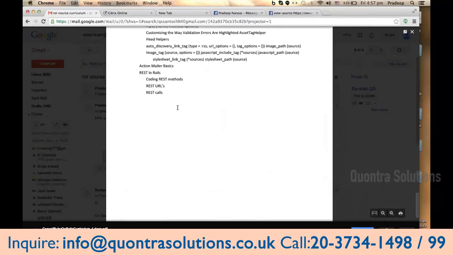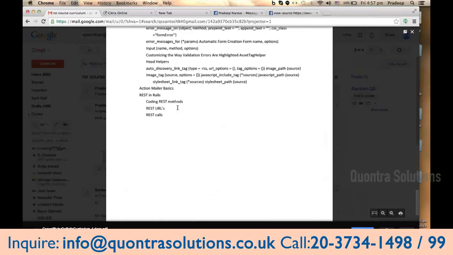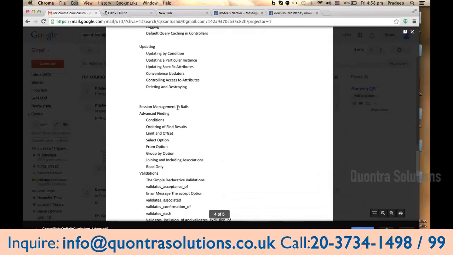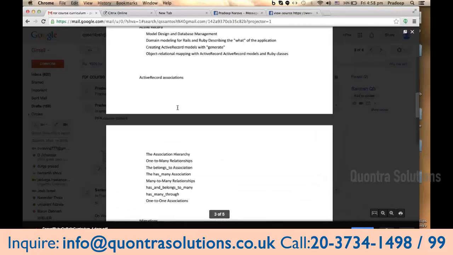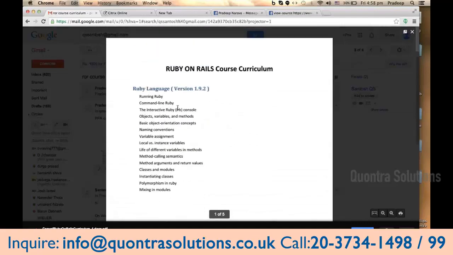REST HTTP methods like put, delete, posting and deleting and getting the records, basically HTTP methods. We'll follow all the standards, and then we'll discuss one or two gems where we'll implement some of the functionalities without writing a single line of code in Rails, and how we can implement